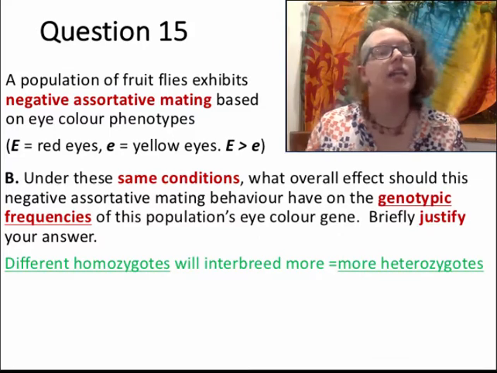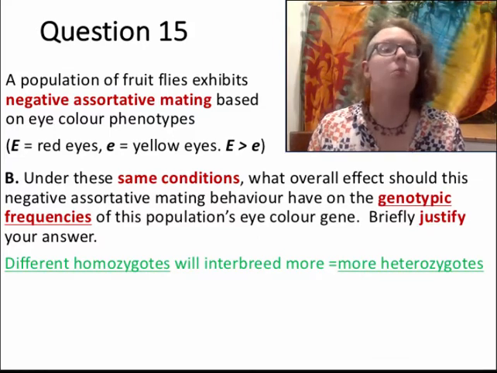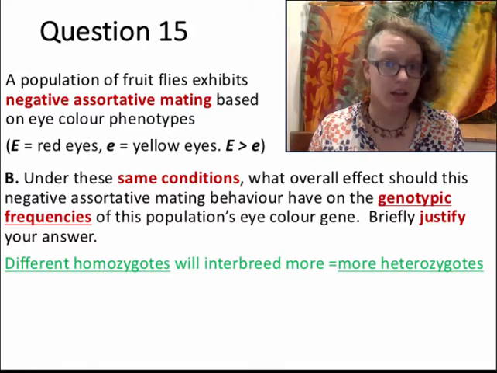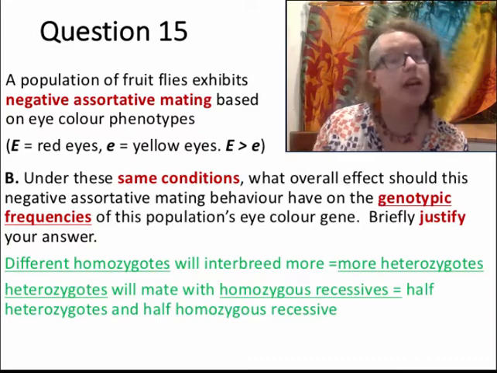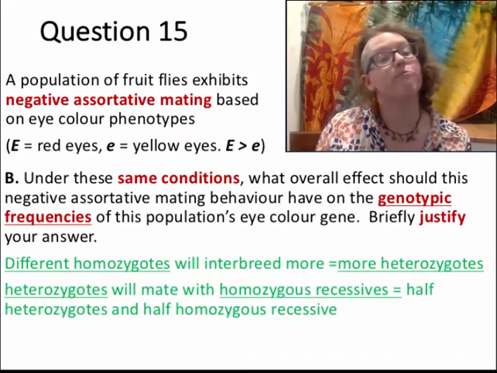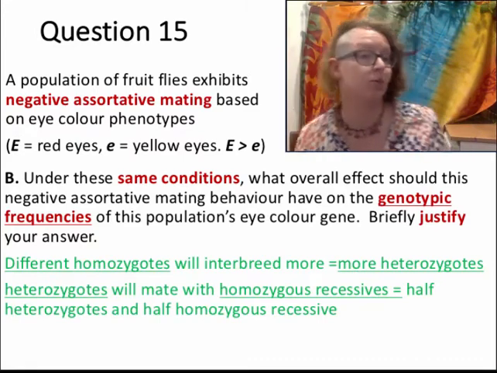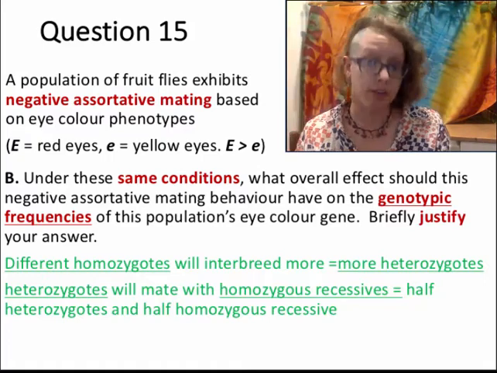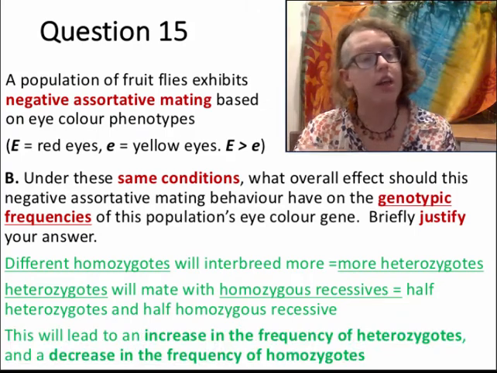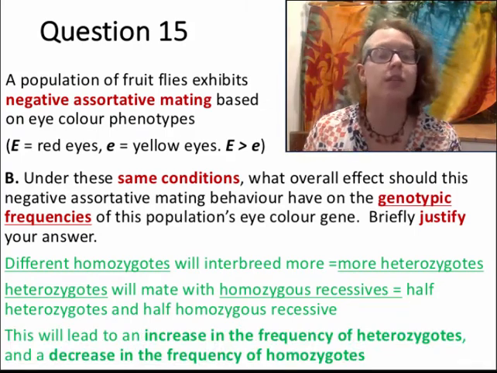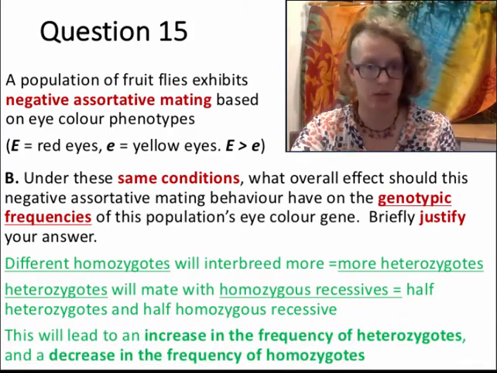That means that the 2 different homozygotes are more likely to interbreed, which will result in an overall greater proportion of heterozygotes. Heterozygotes will also mate. They're going to preferentially mate with homozygous recessives, and those offspring will be half heterozygous and half homozygous. So this overall will lead to an increase in the frequency of heterozygotes